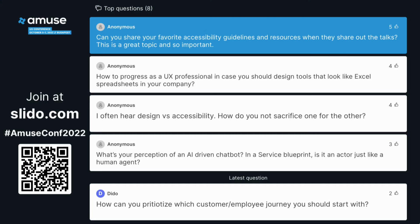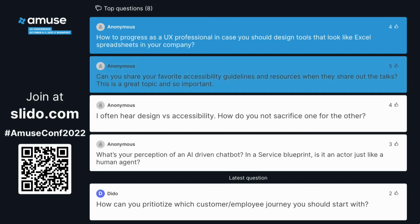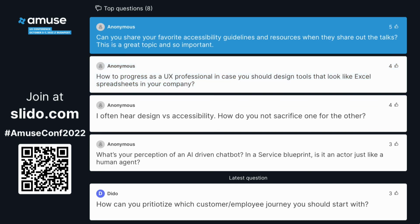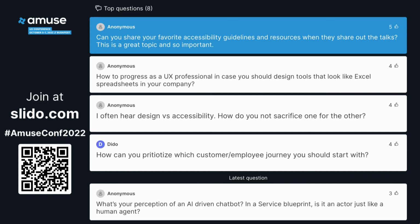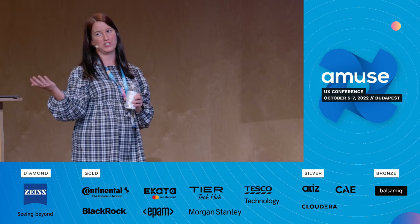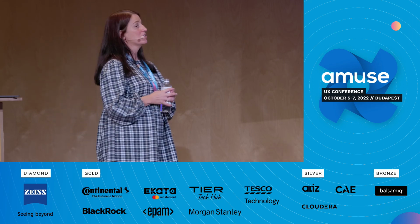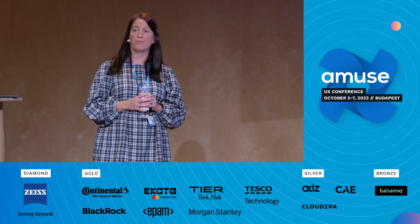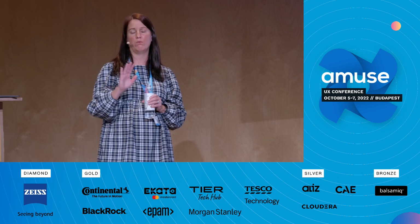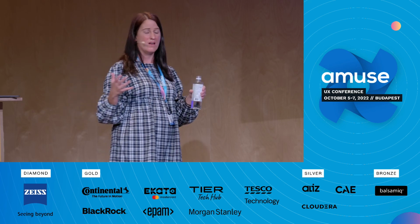How to progress as a UX professional in case you should design tools that look like Excel spreadsheets in your company? Yeah, I mean, who doesn't love spreadsheets, right? They are so pretty. But form follows function, my friends, right? Sometimes you just have to meet people where they are. If I had done some fancy, interactive thing, they would have been like, whoa, no. And it was just so big that it really wasn't